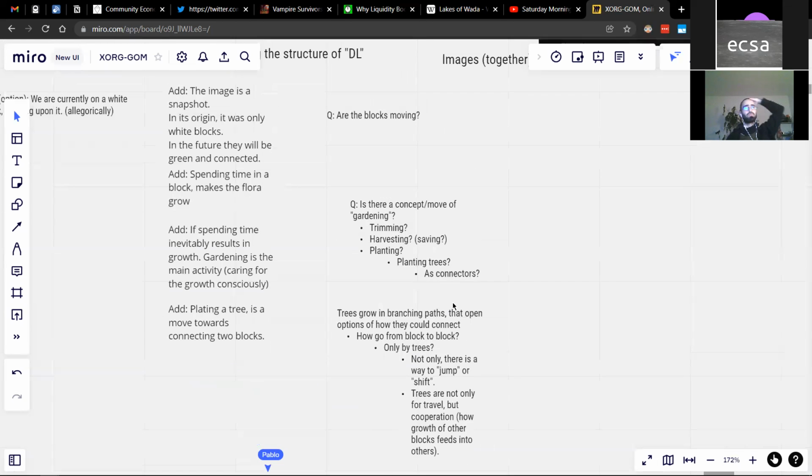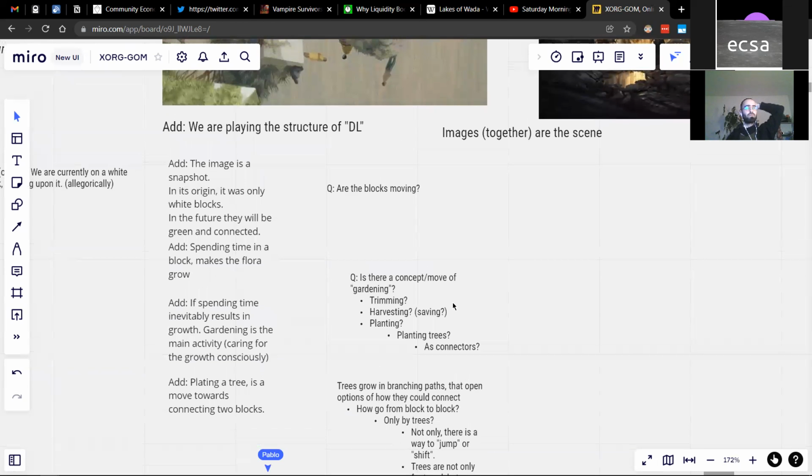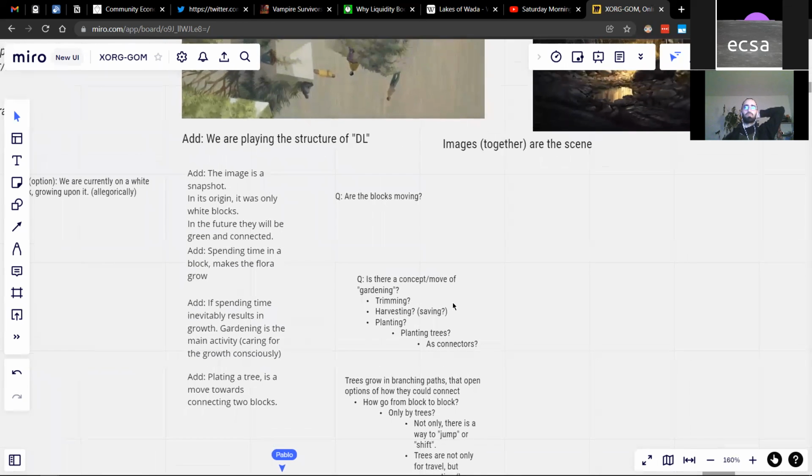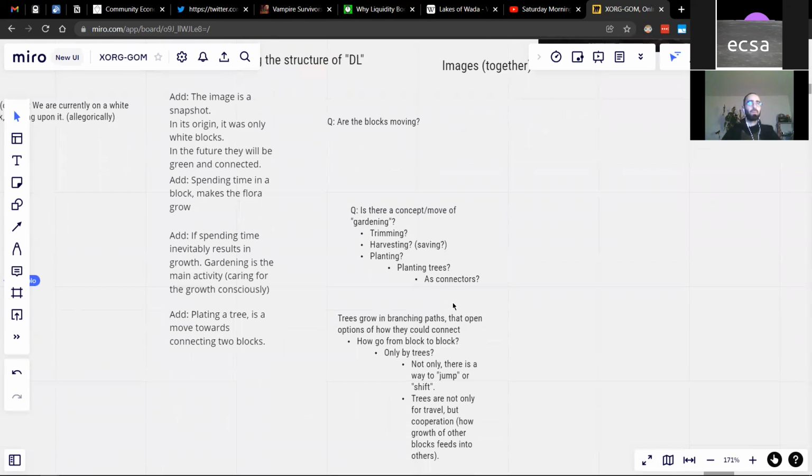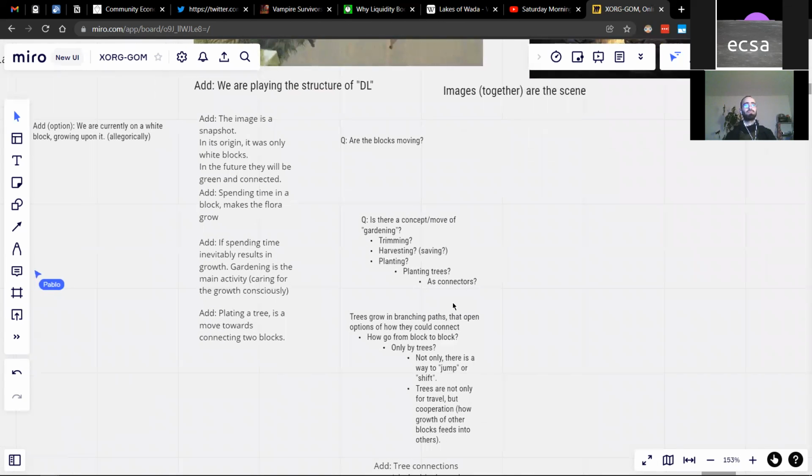Because you can kind of see, like, okay, what we've established so far. I make this sort of overview. Yes. Which might be a move in itself, but we can do it now as it is. It's like, okay, we have that the white blocks can be formed. It's uncertain how, but like they can be formed and whenever one spends time in a white block, that means that it will grow. Like, it's the nature of the process.